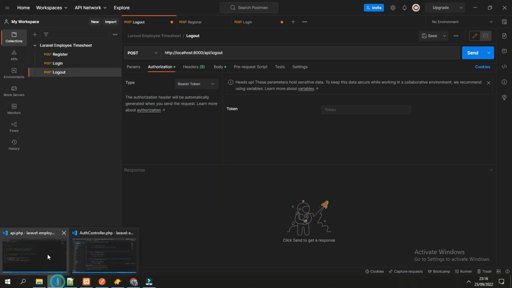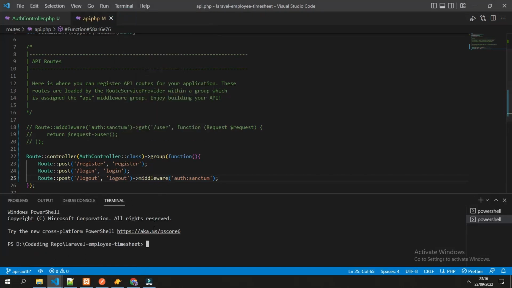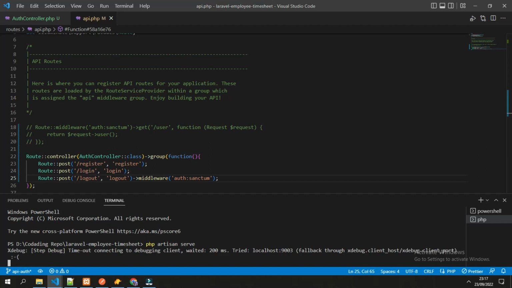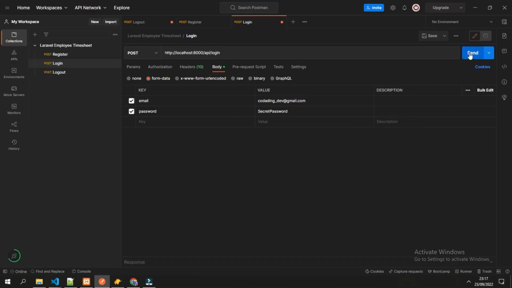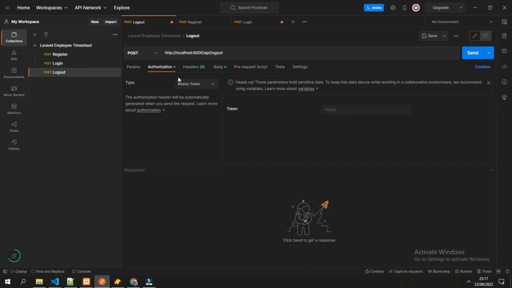Let's run the server first. And try to log in again to get the access token. This would be the access token, and we can copy in the authorizations and bearer token.